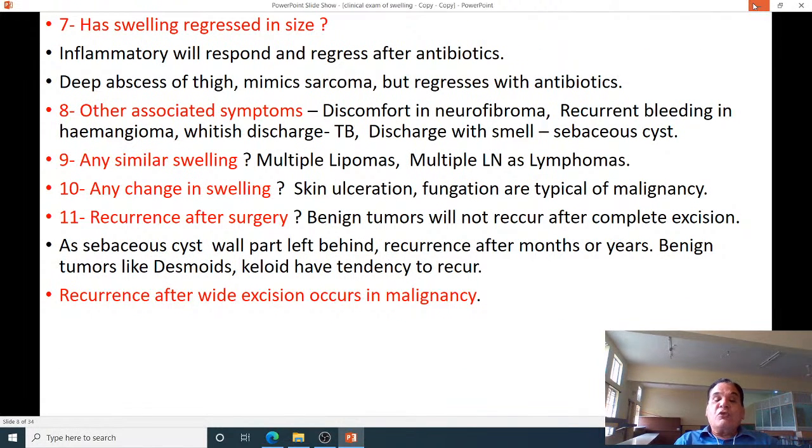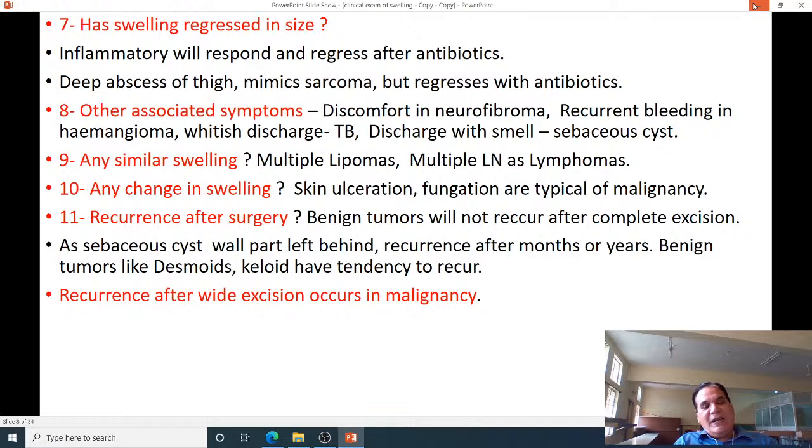Well, an important question you must ask: has the swelling regressed in size in the recent past or since it started? Because that answer will give you the answer of inflammation. Because malignancy does not regress and inflammatory swellings do regress with rest or antibiotic. Okay, this is important, particularly what happens sometimes, a deep abscess looks like a malignancy, but it gives